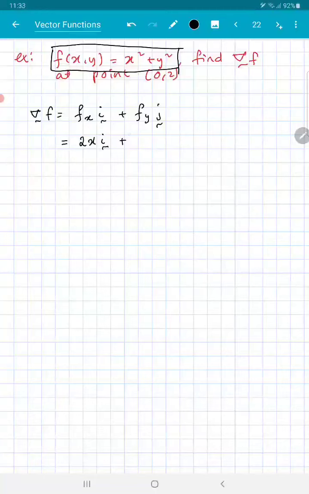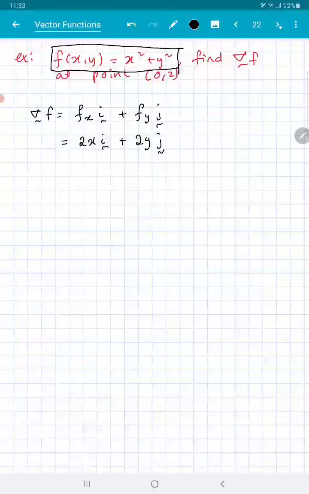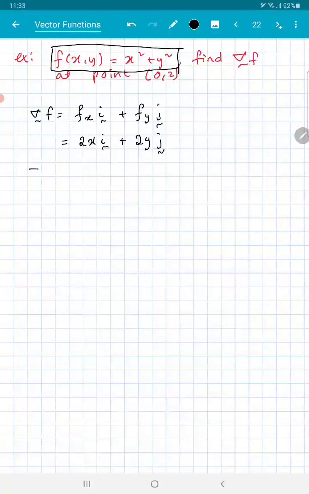And the y component, you differentiate f with respect to y. So you get 2yj. Okay, so now we want to find the gradient of f at a particular point. The point is at (0, 2). So the gradient of f or del f at point (0, 2) will give you, now you replace x with 0 and y with 2. So that will give you 0i. Because we have 2 times 0, that will give you 0, and 2 times y, in this case y is 2. So we have